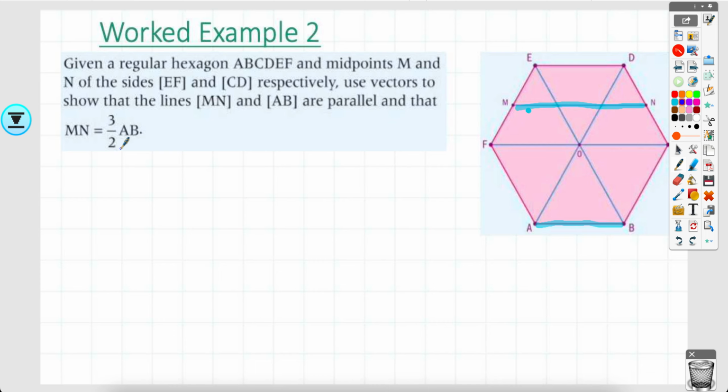So many different ways to approach this. This requires a bit of trial and error, maybe, but the trick is to keep on rewriting things until you get to the equivalence that you want. So let's start with MN. So I know that MN, just very basically, is